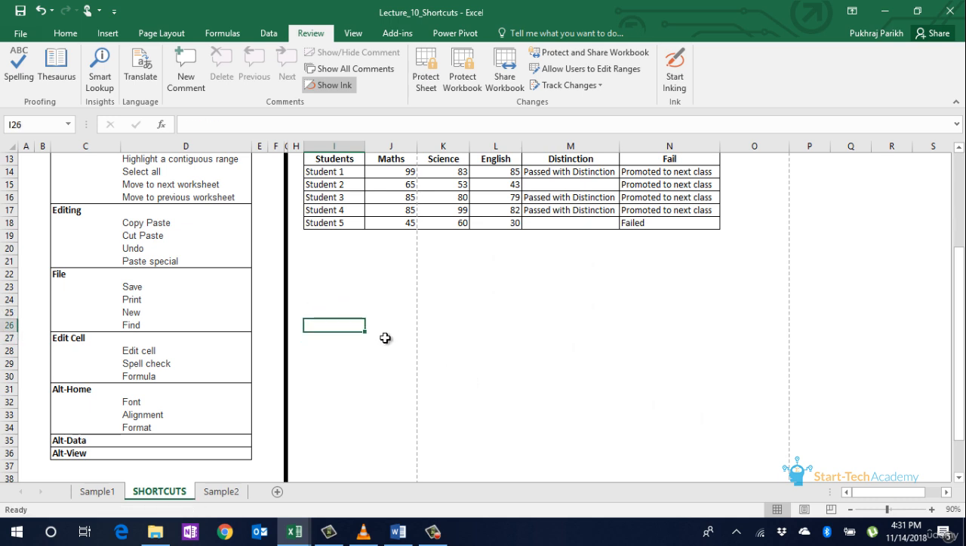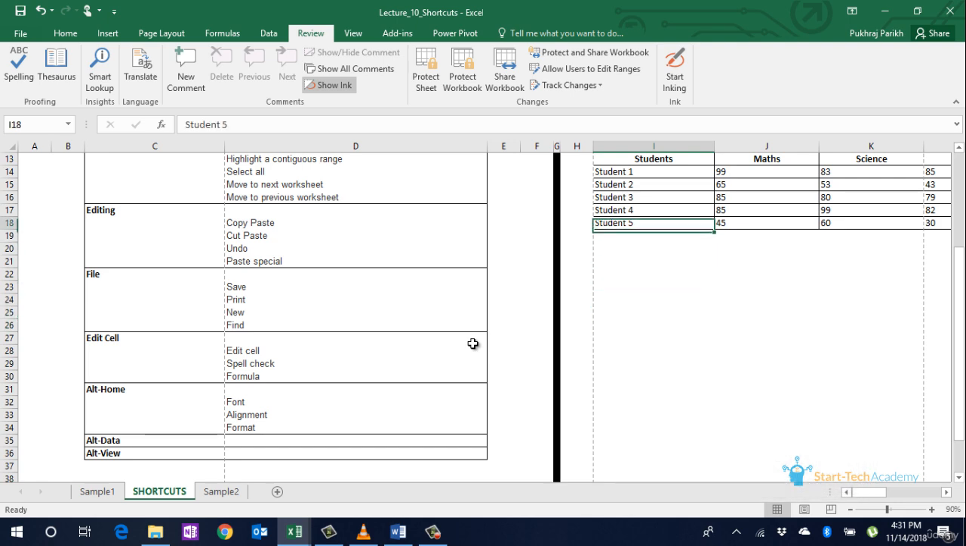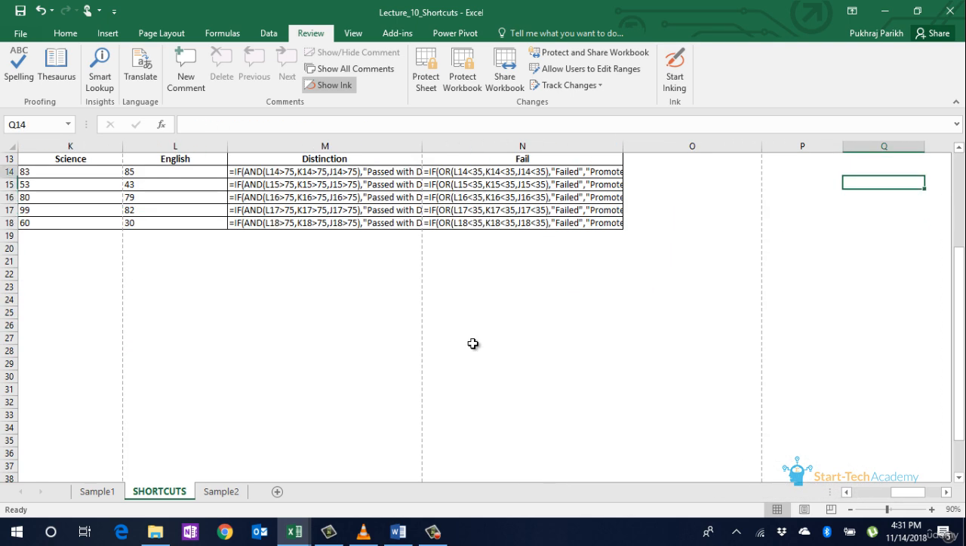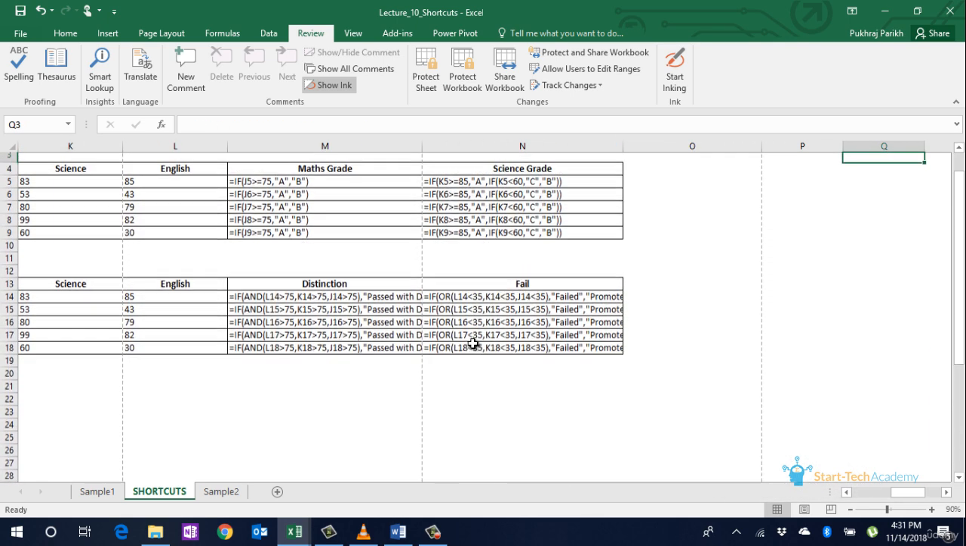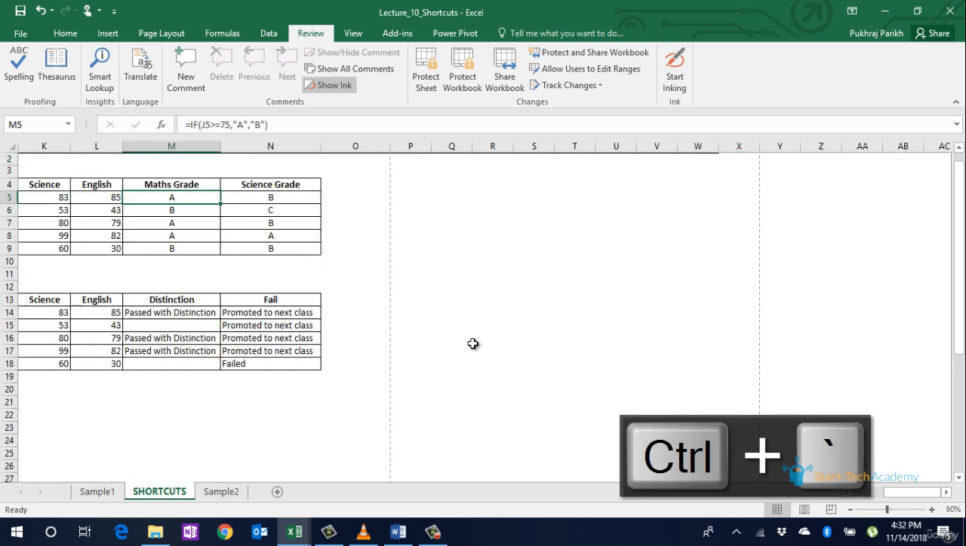Next, if I want to look at all the formulas in this sheet, to do that there is a shortcut. You just tap on control and then click the tilde button, which is the button below the escape key. Now if you go up and see, wherever there is a formula written, it's visible. To go back to the earlier version, press control and tilde again, and you can now see the values instead